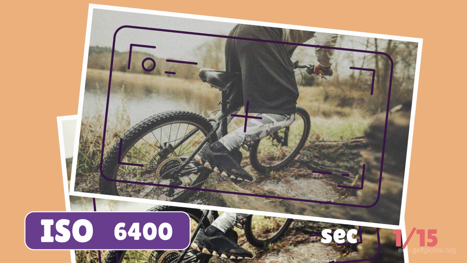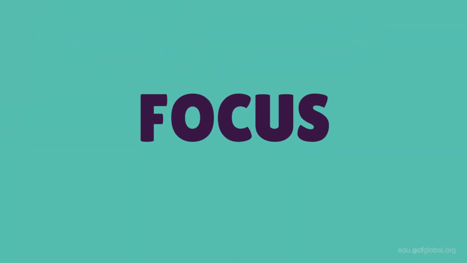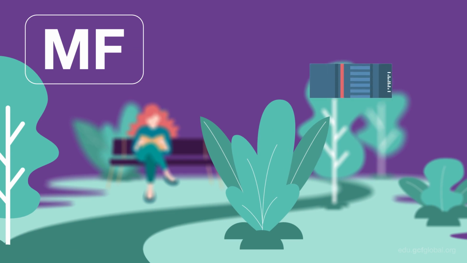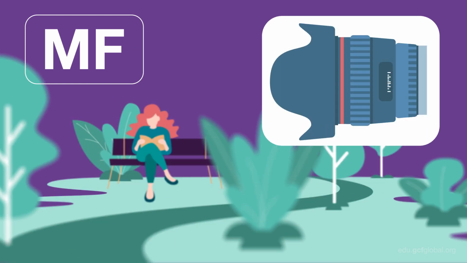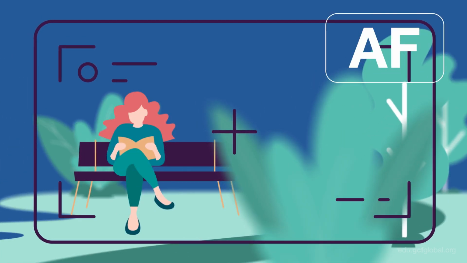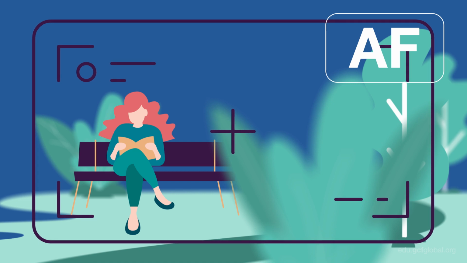Another element that will affect the clarity and sharpness of an image is focus. Your camera most likely has two main options, manual focus or automatic focus. To focus a shot manually, you just rotate the ring on the outside of your lens until you find the focus that you want. Using autofocus, the camera uses focal points, automatically adjusting so that the objects in the shot